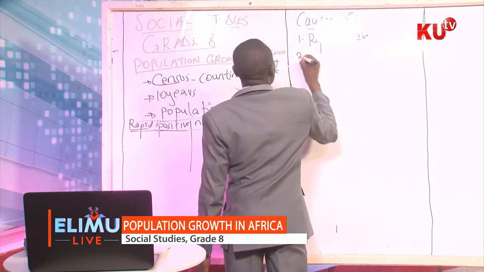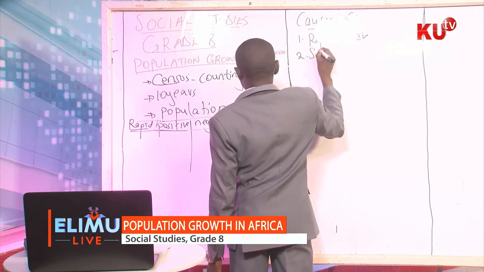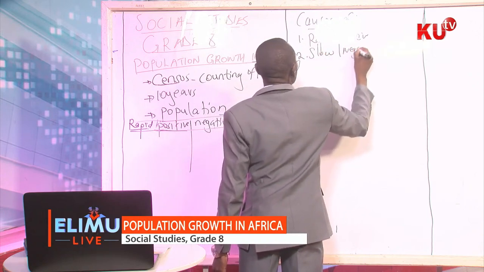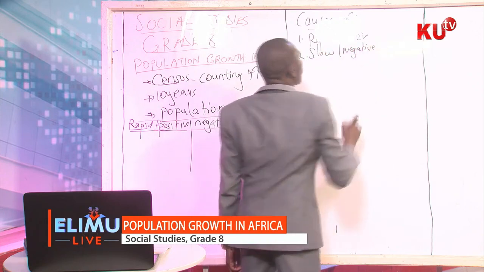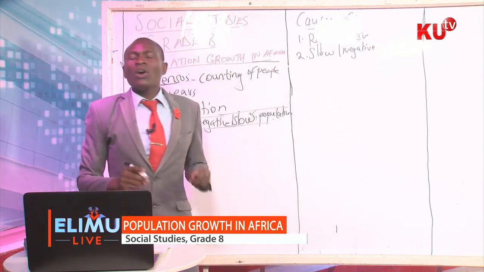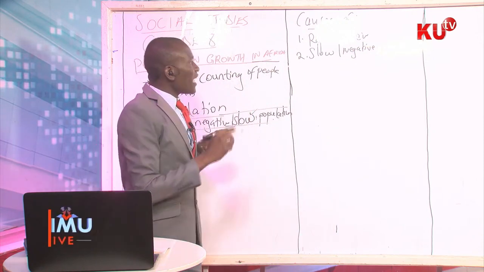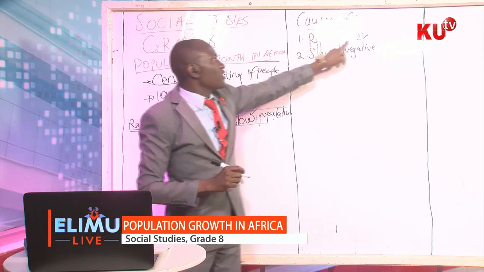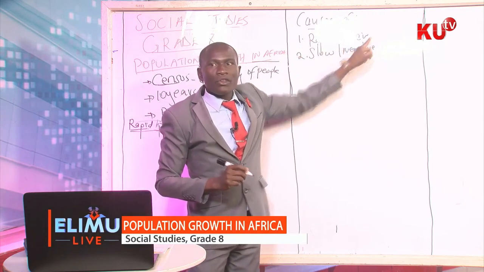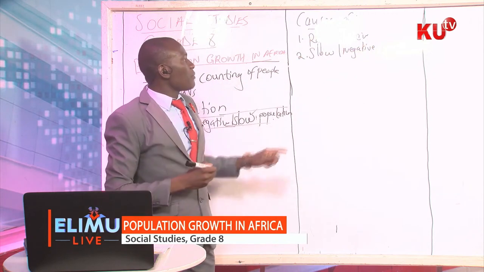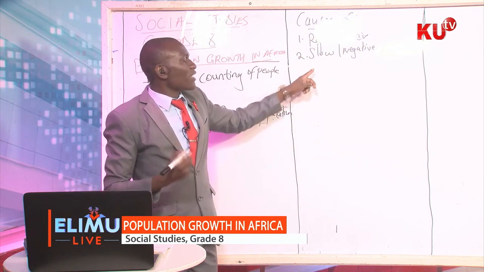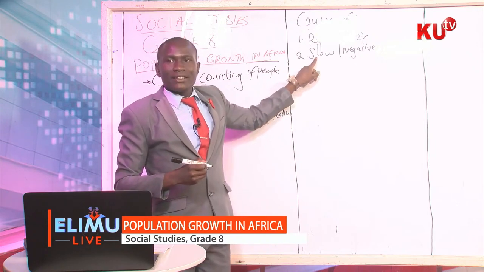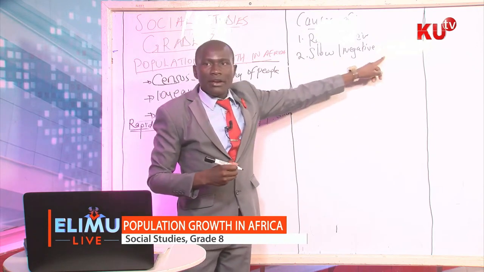And two, we'll be looking at the slow or negative population growth. So we'll be looking at what are some of the things that make the population of a place increase, that is in a positive way, or what are some of the factors that can make the population of a place decrease, that is slow or negative